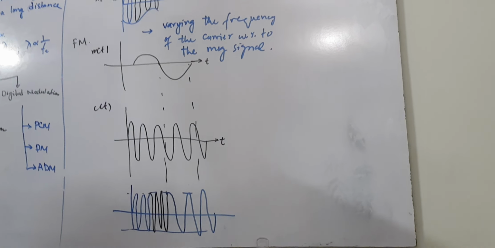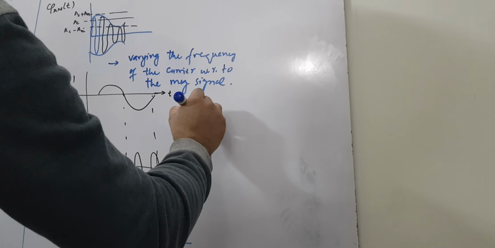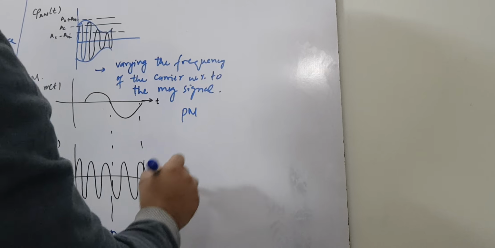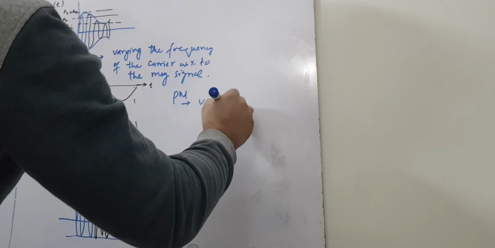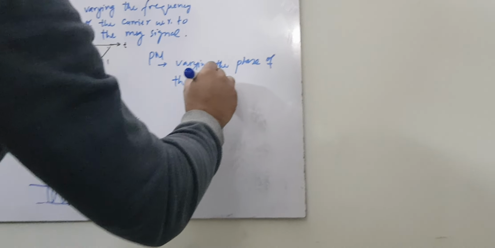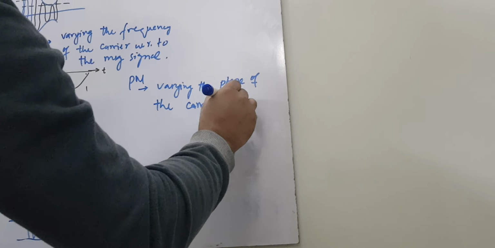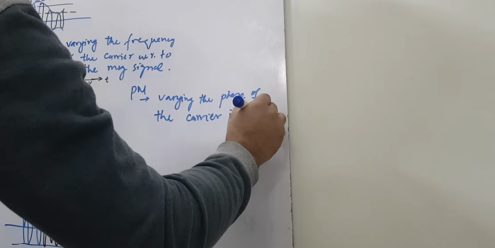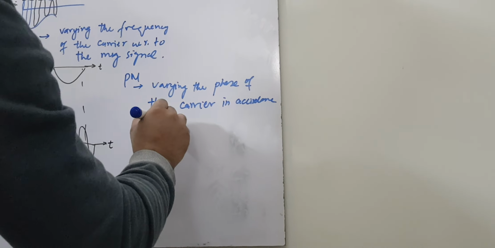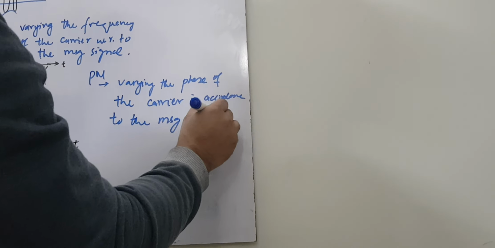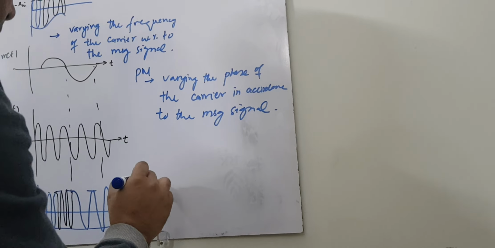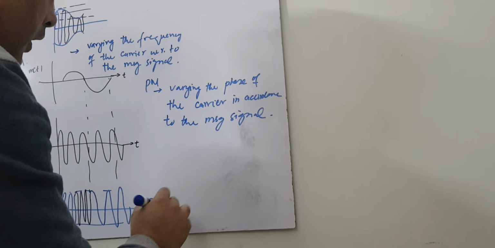But if you have a PM modulations, phase modulations, so in phase modulation you are varying the phase of the carrier in accordance to the message signal. So if you want to represent the